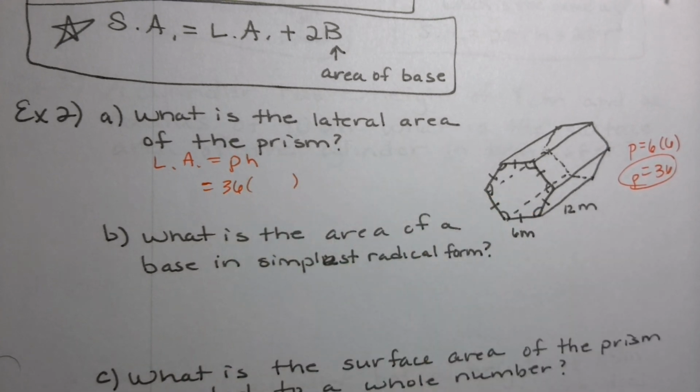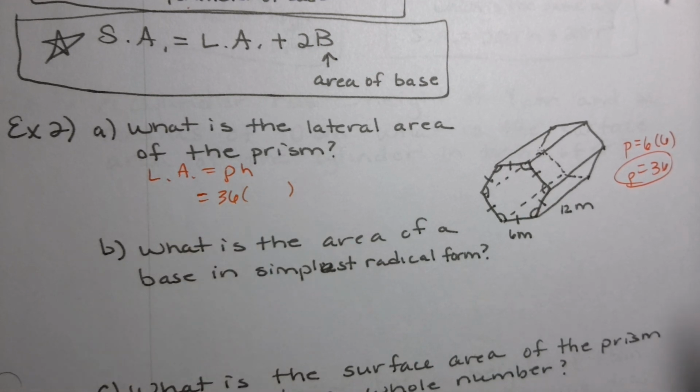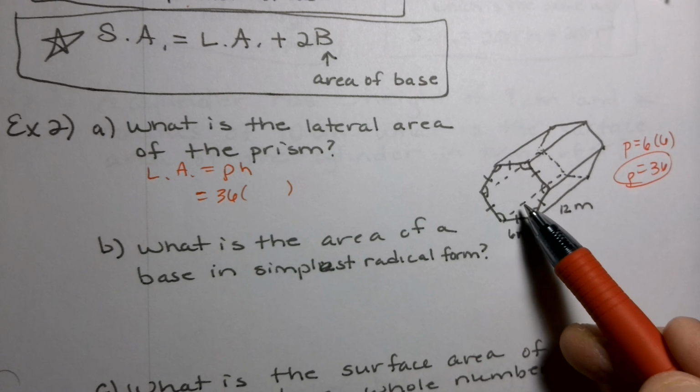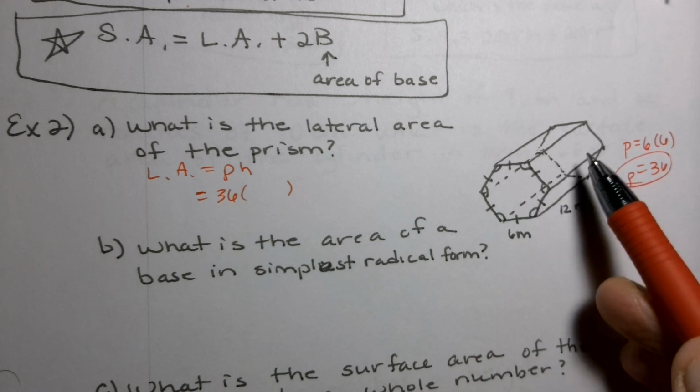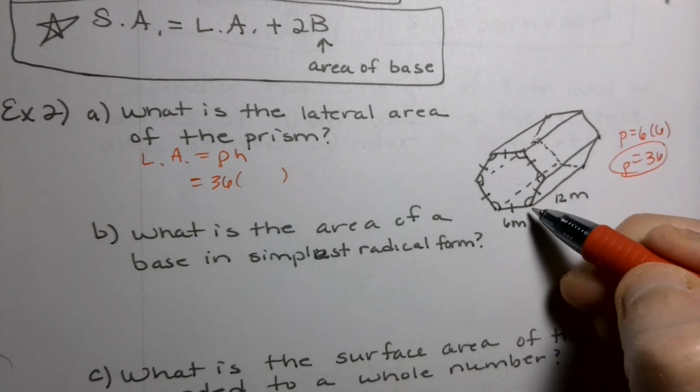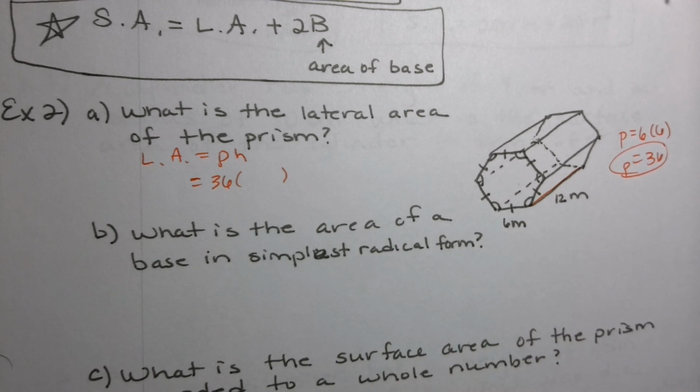And I put parentheses just to make sure I don't forget. I'm missing something. I'm not done with my problem until I get that. The height is, again, between the two bases. It's the distance. So it's right here. This is your height. And although you may say this looks oblique, it's actually a right